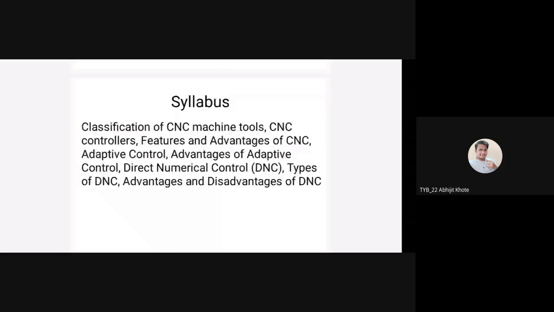Basically, we have already seen the classification of the numerical control system. But in this chapter we are going to deal with the classification of CNC machine tools, then what are CNC controllers, what are the applications, and what are the advantages and uses of the CNC controller, then features, then types of controller, then adaptive control, then advantages of adaptive control, then DNC, that is